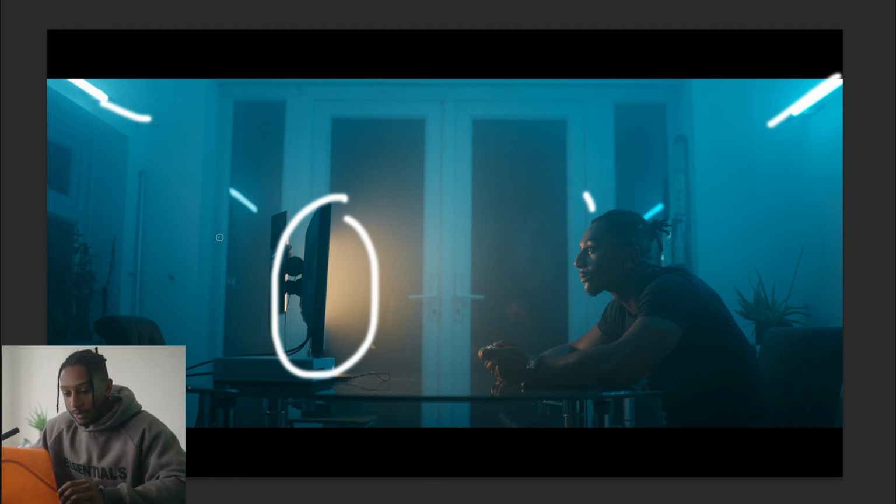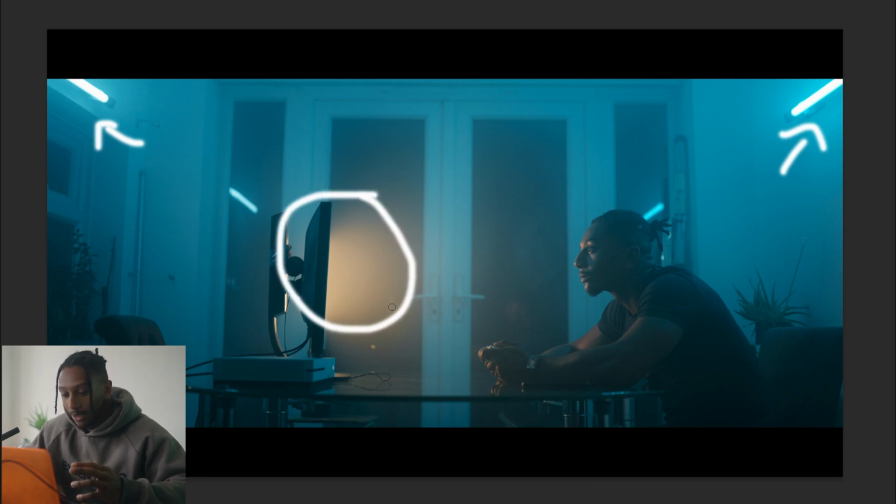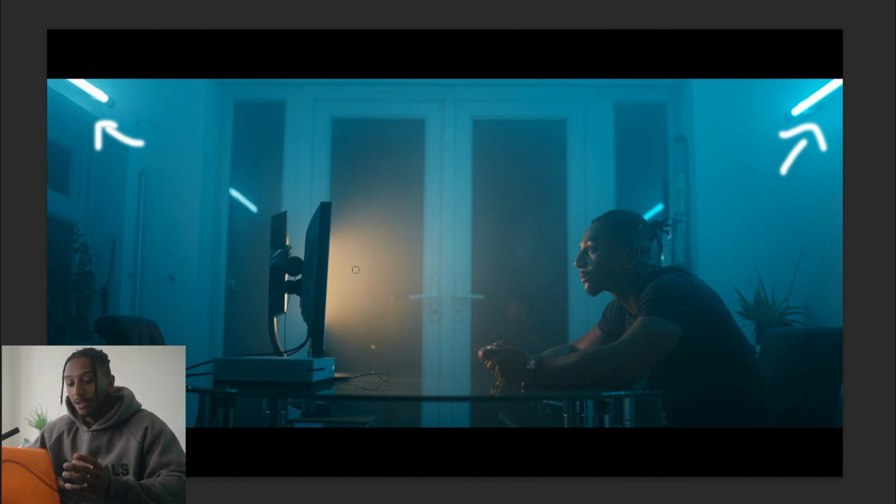So to break it down, we have obviously the main lights filling the room. You can see this blue, not really teal, but yeah, this nice blue color filling the room. That is from these Nanlite PavoTubes up here. And then as you can see here, this big kind of ball of light, one is caused from the haze. So I put quite a bit of haze in the room just to create an atmosphere and to have it where the screen is lighting me, but this isn't actually a screen. And when you do really look at it, you can tell it's not a screen because a screen wouldn't be